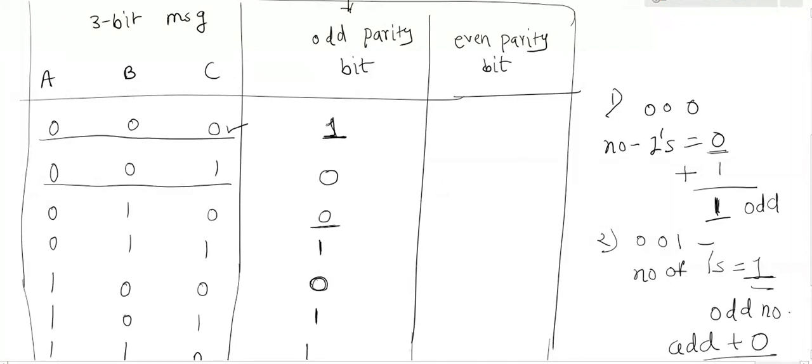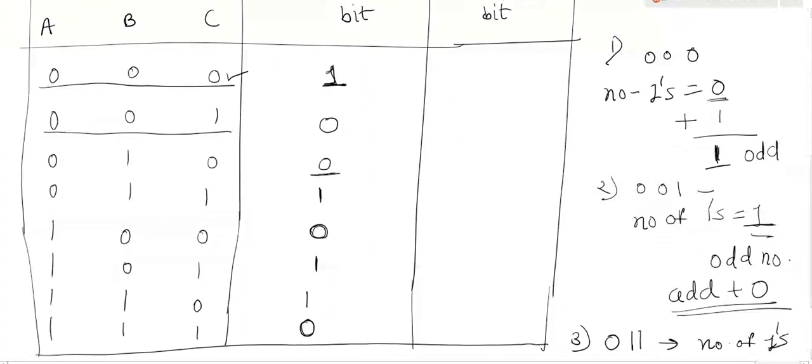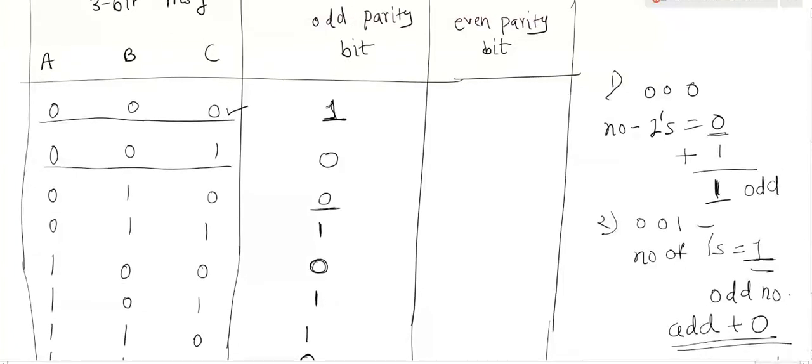How can we realize the logic circuit then? We can use a K-map for the odd parity bit. The K-map will contain 1, 0, 0, 1, 0, 1, 1, 0. Then find the minimized expression and design it using the logic circuit. Clear? Now similarly to the odd parity bit, consider the even parity bit generator. In the even parity bit generator, one more extra bit is going to be generated.